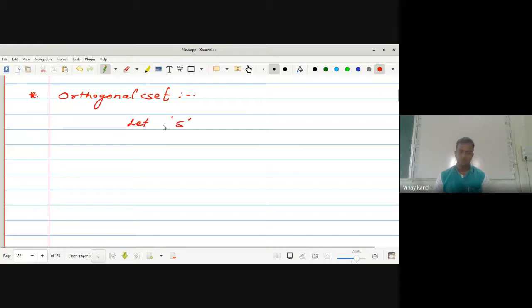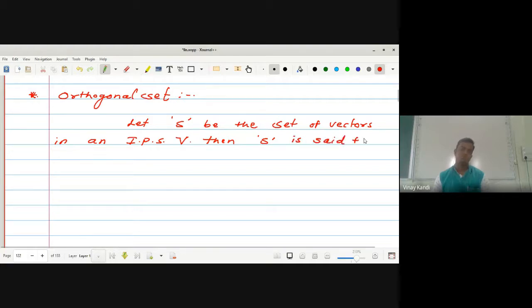Let S be the set of vectors in an inner product space V. Then the set S is said to be an orthogonal set if any two distinct vectors in S